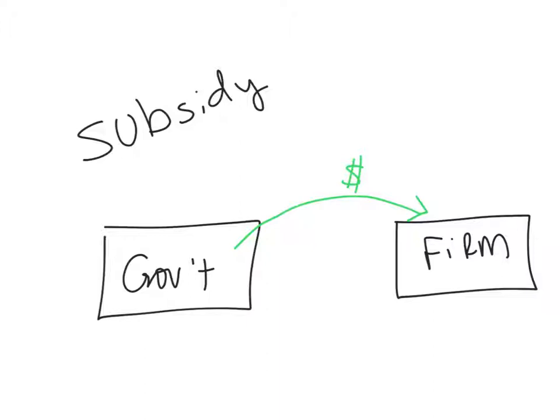Now, a lot of times this money will come with ties to it. Tesla, for example, received a bunch of production subsidies in Nevada by the Nevada state government, and that was tied to hiring of Nevada citizens. So there were different production or hiring quotas that needed to be met, and kind of unlocked that subsidy over time. So the larger that Tesla grew in Nevada, the more money they would get, and the more workers they hired, the more the subsidy would be over time.